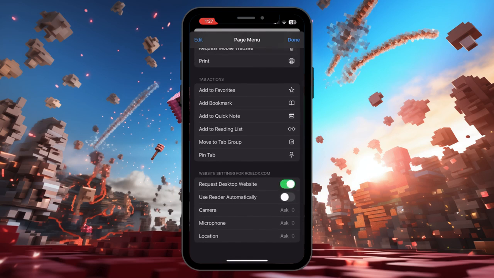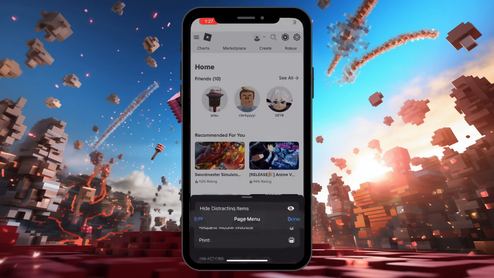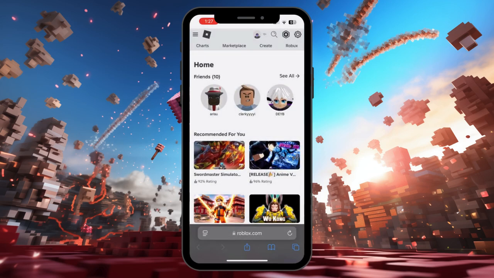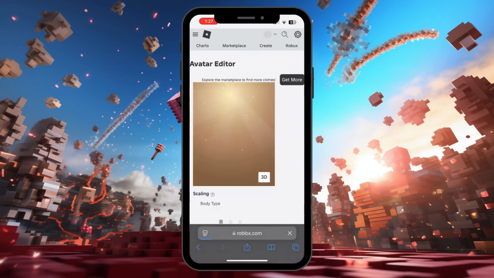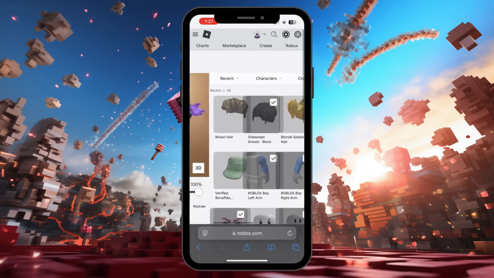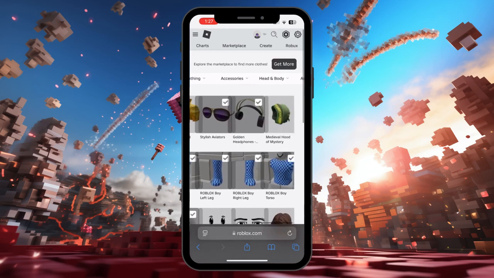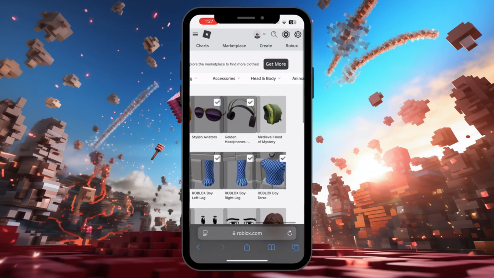So make sure that that is turned on. Once it's done, just go back, and now just simply click on the three lines on the top left corner and go to avatar, and now just wait for it to load. Once you're here, you just simply need to go to head and body. So tap and hold on head and body right here,